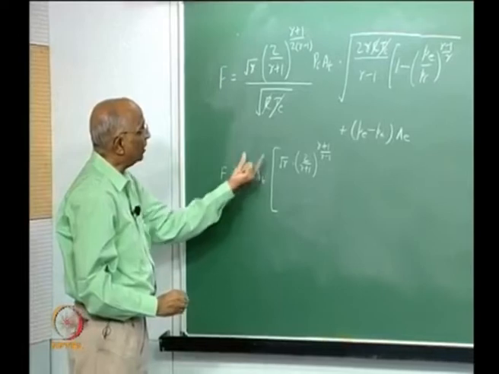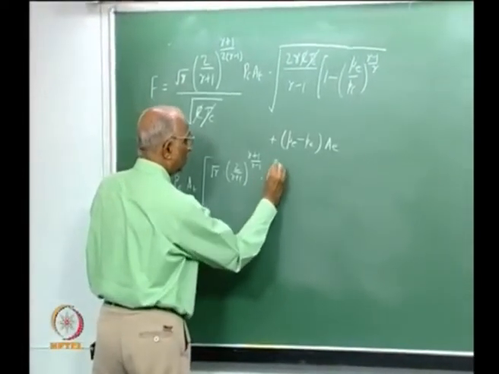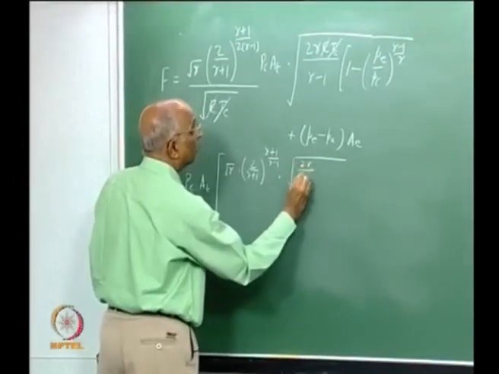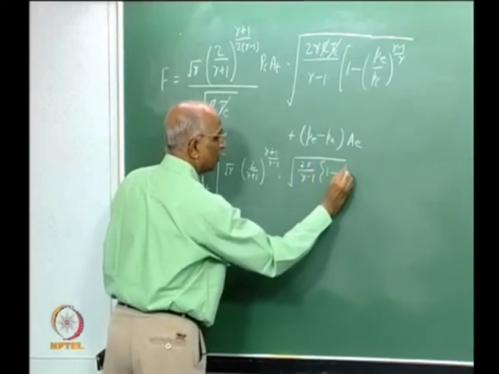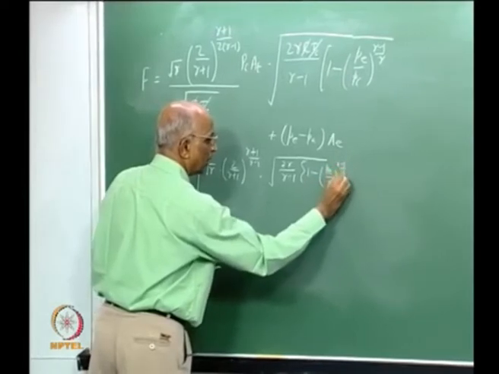PC AT is taken outside, RTC is gone, I still have under root of 2 gamma by gamma minus 1 into 1 minus P by PC to the power gamma minus 1 by gamma,